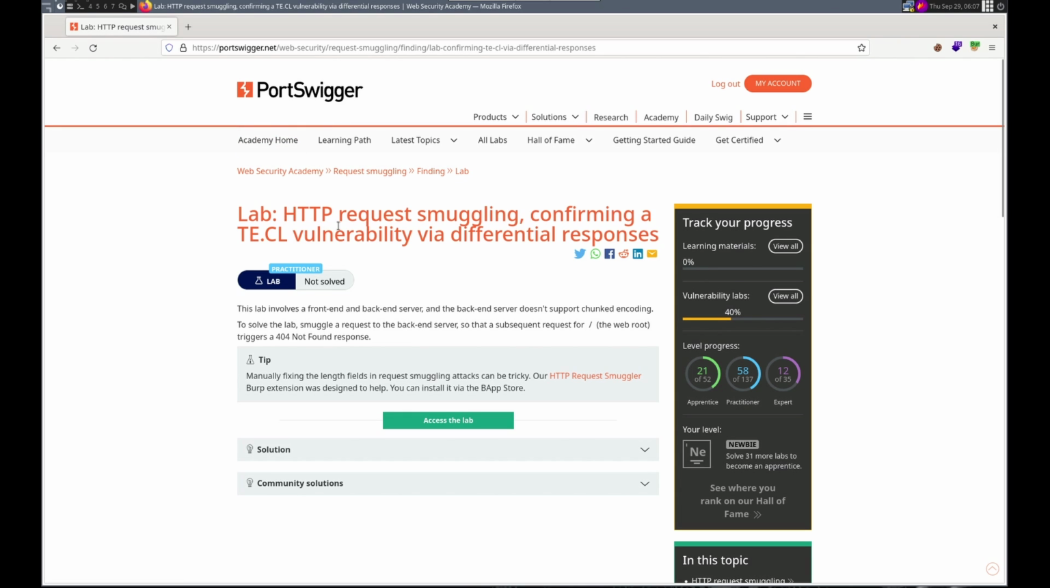This time it's HTTP request smuggling confirming a TE.CL vulnerability via differential responses. The backend server does not support chunked encoding, so we'll use that for the front end. So we need a smuggler request that causes the next request to trigger a 404. So very similar to the last one, except for this time we're using